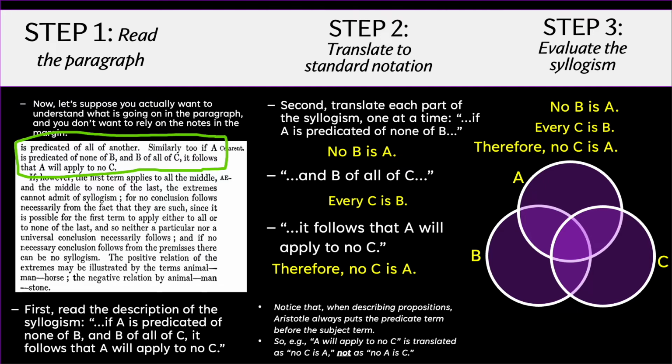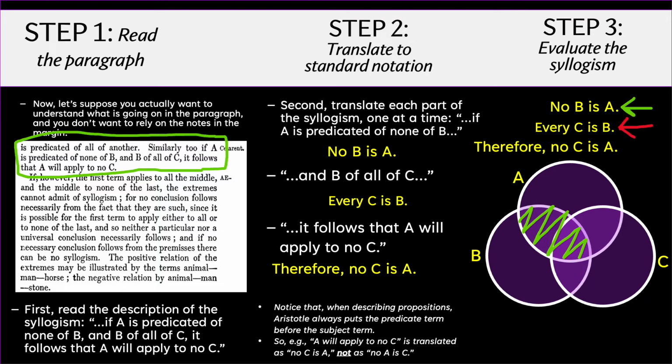So here we have the circle on the left standing for B, the circle on the right standing for C, and the circle on top standing for A. We could have put them in a different order. Okay, so now take your major premise and destroy the parts of this diagram which do not correspond to that premise. So we're going to be destroying the parts of the diagram that are falsified by this premise. So since the premise is no B is A, we want to destroy the part where the circle B overlaps with the circle A. So we're basically scratching it out, saying that doesn't actually exist.